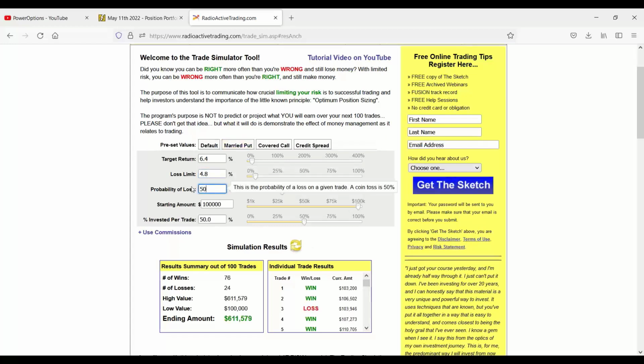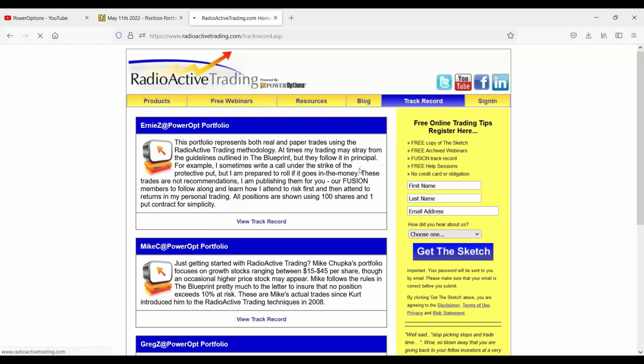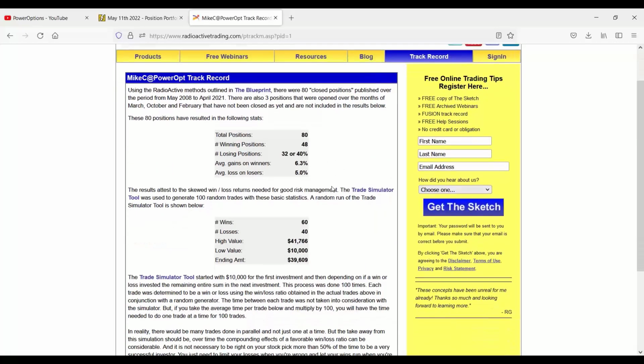and I'm right just 50% of the time, same $100,000 allocation. That's a 50% return. Right, 53% of the time, it's a 69% return. Where are these numbers coming from? Well, these numbers are sort of coming from... I'm sorry, it's 6.3% average on the winners, 5% on the losers,